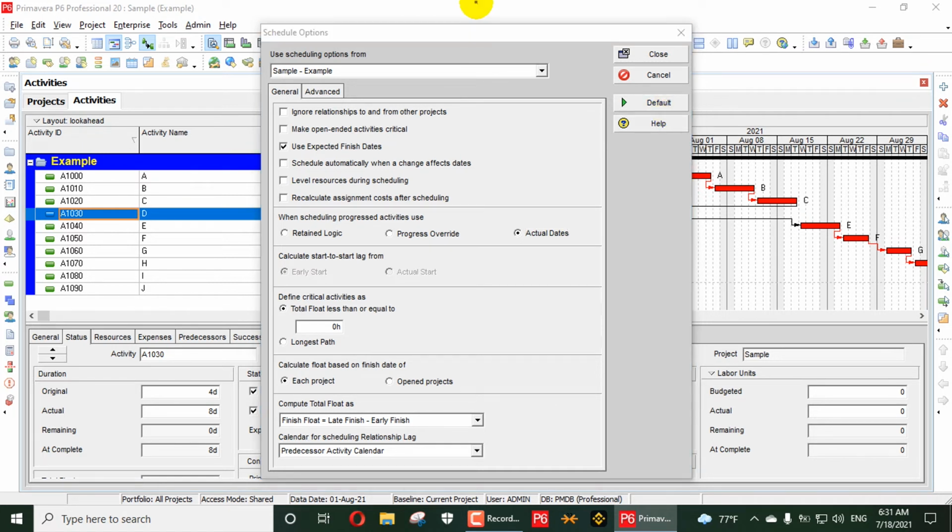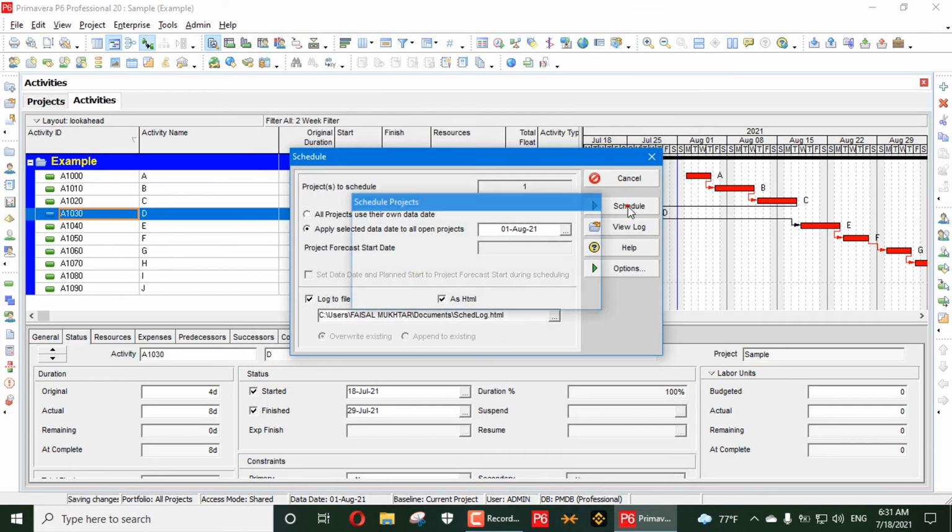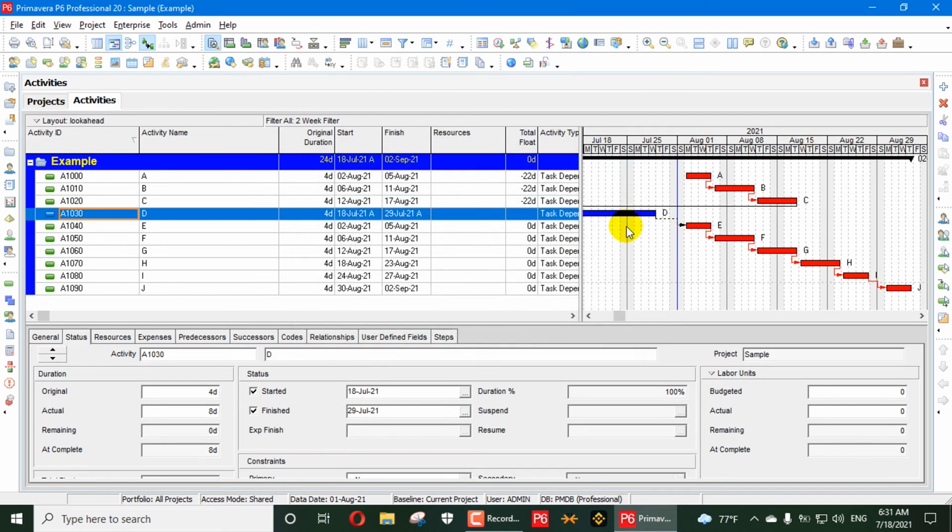You can add the activities manually here, like you can see. It's the same as progress override. Actual dates are not much considered. Retained logic and progress override are the two options mostly used.